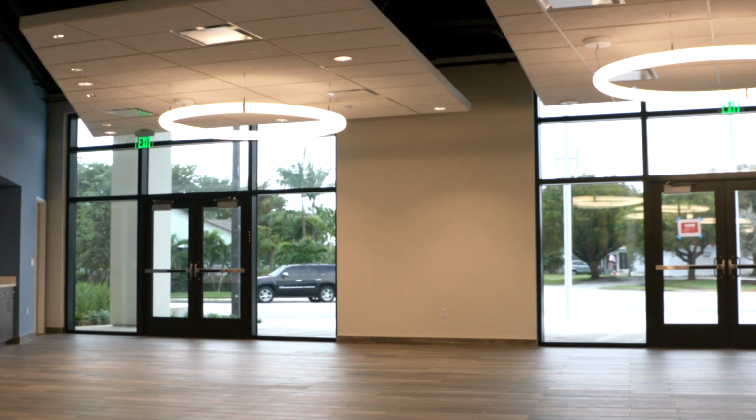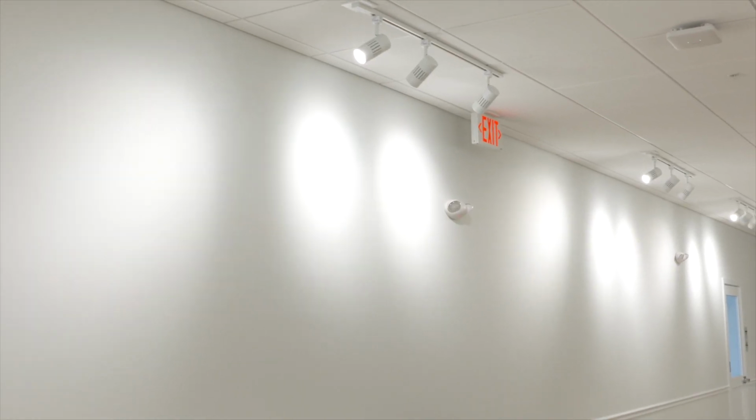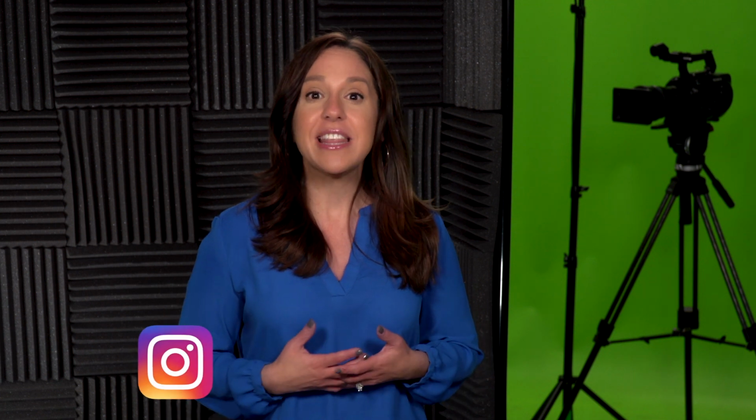Is there a lot of natural light in the space? You want to work with it. Or is there no natural light and all artificial lighting? You're going to want to bring in a lot of your own. The next thing to think about when you look at the space is the size of it. How much equipment can you fit into that room? That is definitely a consideration you're going to want to make as soon as you see the space that you're